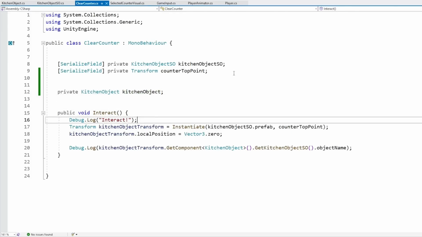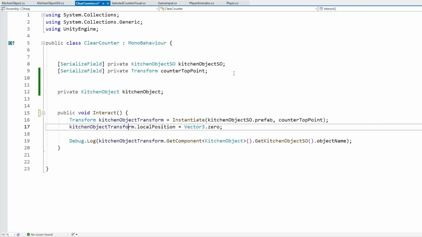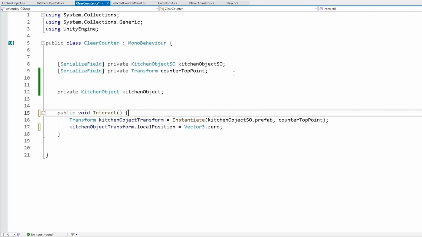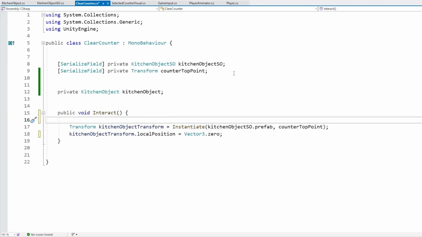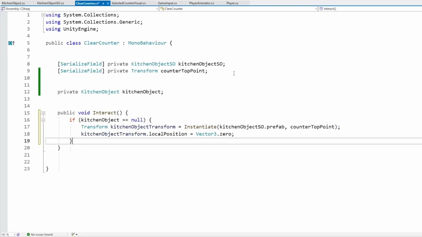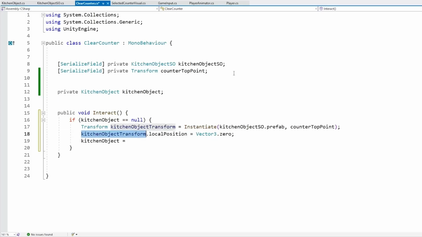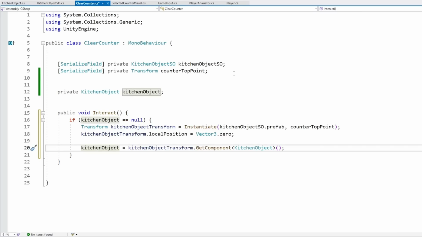Then when the player interacts with it, by the way, we can get rid of these debug logs, we no longer need them. Okay, so when the player interacts, if the kitchen object is null, then we're going to spawn it. Then when we spawn it, let's assign it. So this one equals the kitchen object get component of type kitchen object. Okay. So if that one is null, we spawn it and we assign it. And just with this, we should have